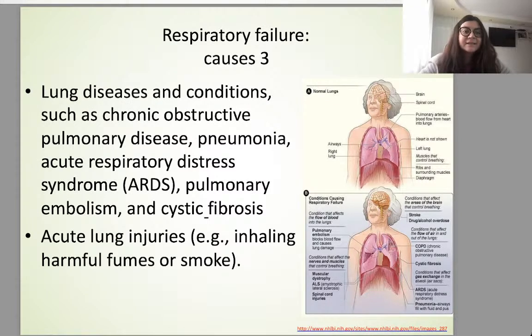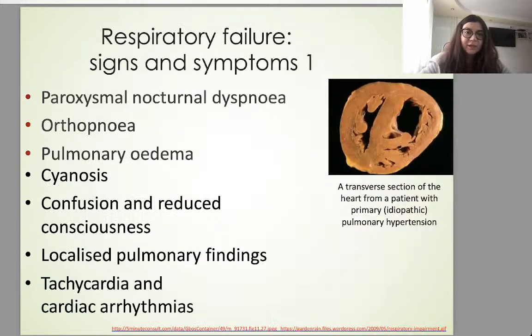Lung diseases and conditions such as chronic obstructive pulmonary disease, pneumonia, acute respiratory distress syndrome, pulmonary embolism, and cystic fibrosis. And acute lung injuries like inhaling harmful fumes or smoke. Signs and symptoms of respiratory failure. Most often of them include paroxysmal nocturnal dyspnea, orthopnea, pulmonary edema, cyanosis, confusion and reduced consciousness, localized pulmonary findings, tachycardia,